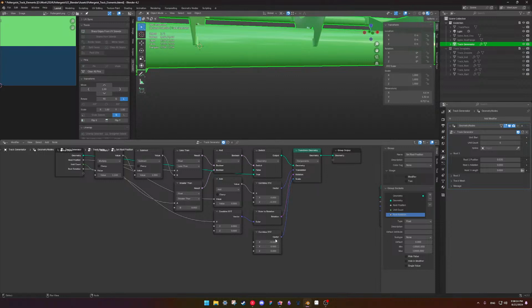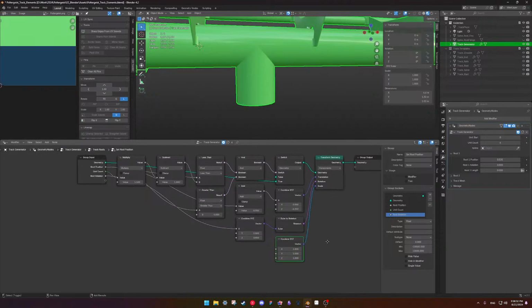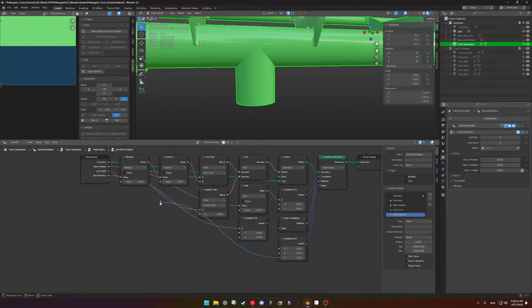Put that here. These are all gonna be 1. Root scale. The min is going to be, I think, 0.4. Max is going to be 1.4. Sure.